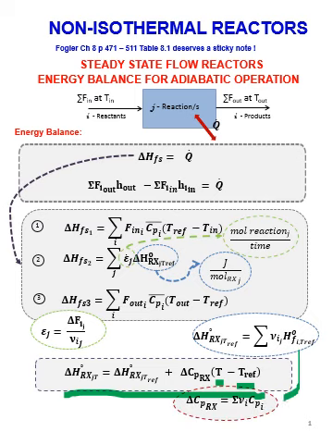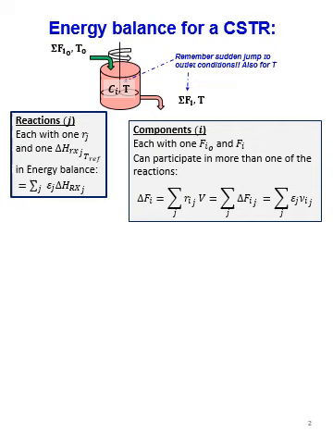Del Cp, we have a similar calculation to del H, and you should be familiar with that at this stage of your journey. If I have a CSTR that operates at temperature T, and I have multiple reactions denoted by the symbol J that can take place in the reactor, I need to remember that I will still have only one energy balance. However, in that second term where I account for the change in enthalpy due to the heat of reaction, I must make sure that I sum once, accounting for each of the reactions once, by considering the extent of that reaction J in the reactor multiplied by its specific heat of reaction.